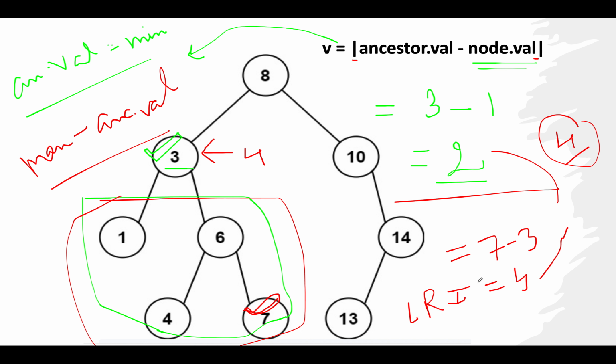Once we have identified the max and minimum values, we'll calculate the difference value depending upon where we are currently standing, treating the current node as the ancestor node. We'll iterate through the entire tree to find out the maximum possible difference that exists in the tree. You'll get to know more about it in the coding section, so stay tuned. Let's quickly move on to the coding part.